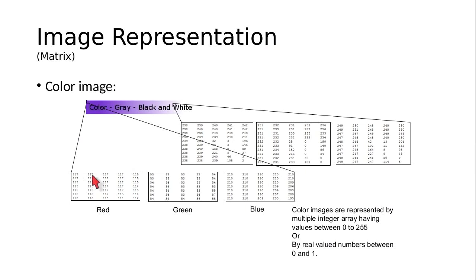You have 117, 53, 210 here, so red is 117. But a different portion of this small patch has a very different color combination. The upper right hand corner of this tiny rectangle is this pixel. 115 is the red value, 54 is the green value, and 210 is the blue value.